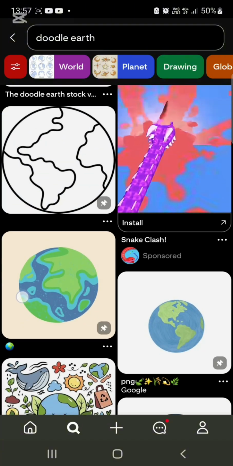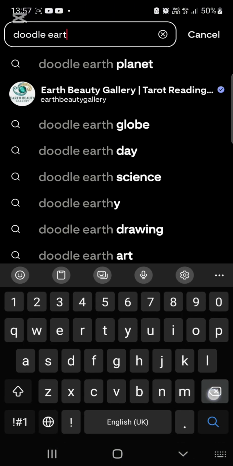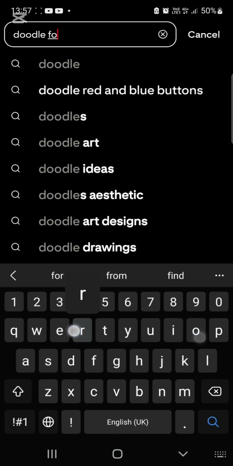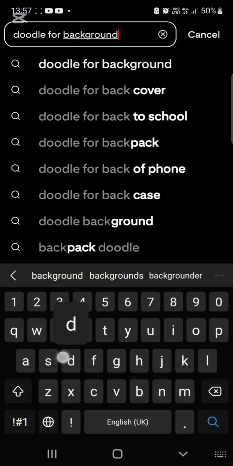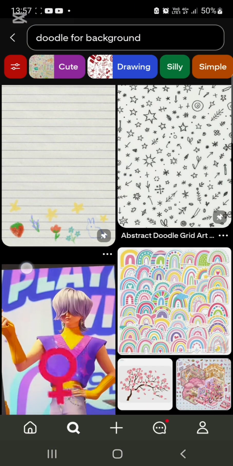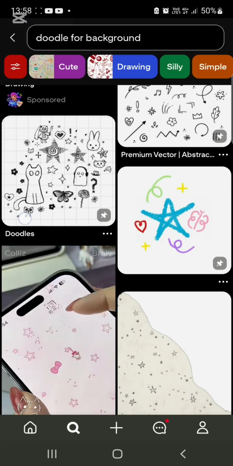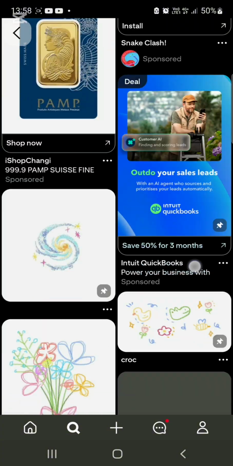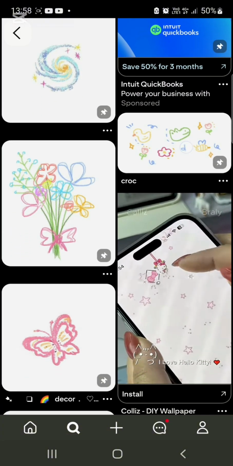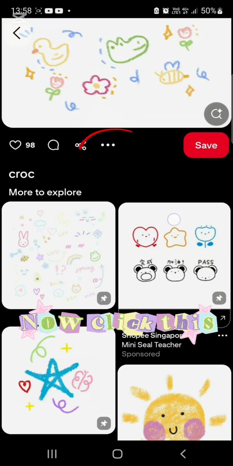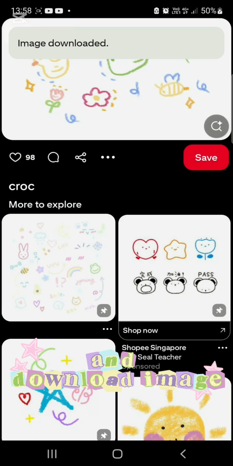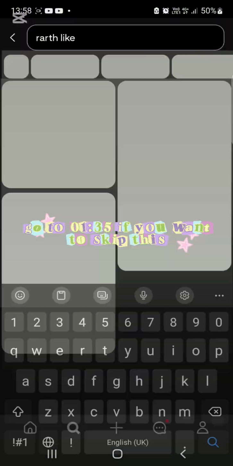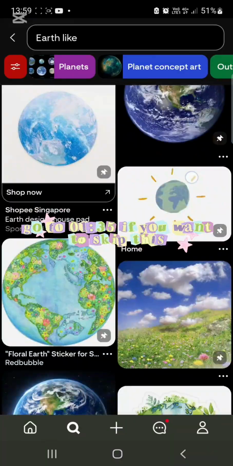Choose an image and download the image. Go to 135 if you want to skip this.